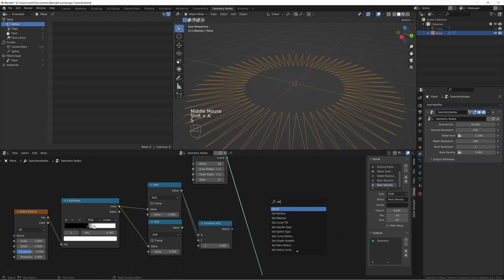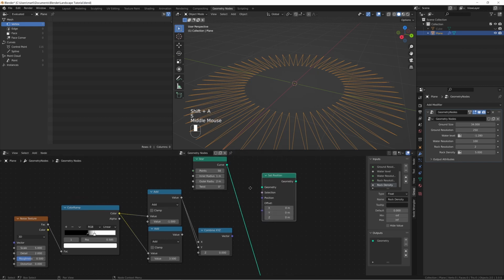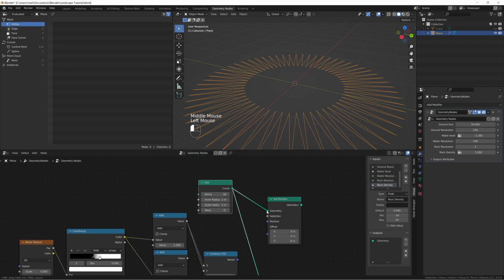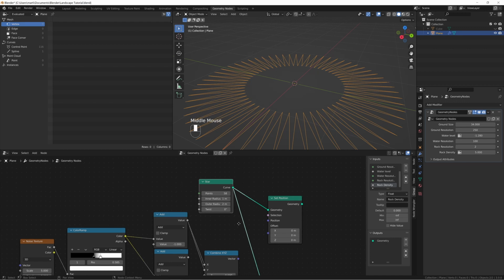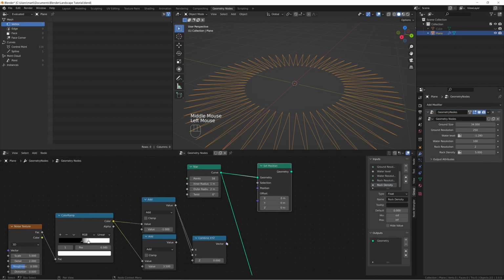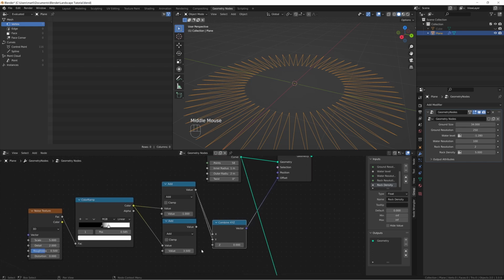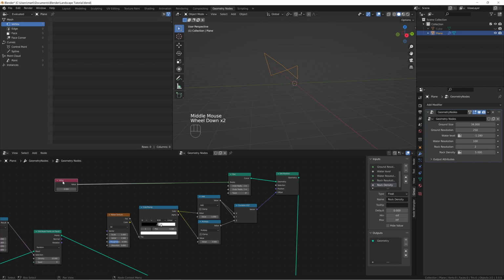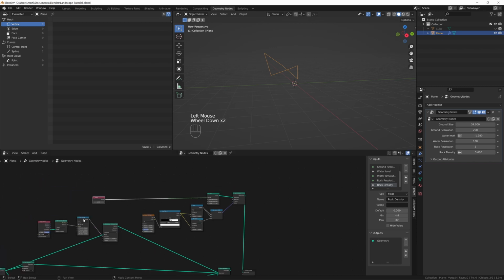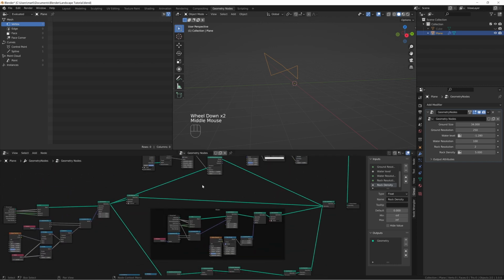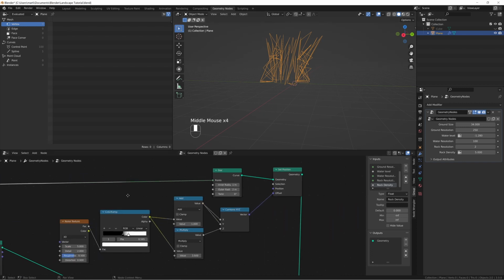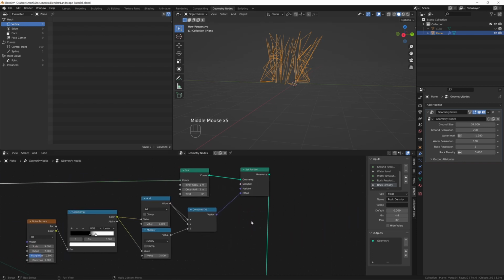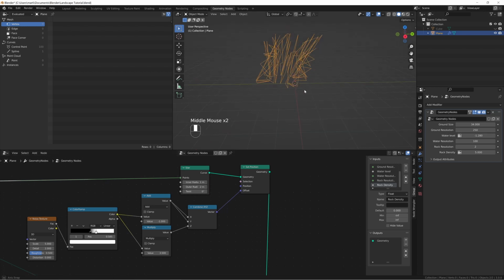Let's add a set position, because this again will allow us to take our geometry, and then by using it in an offset, we can create some random noise here. We're going to be grouping all this stuff together, and we want to have some sort of control out here in the main area. It's a very chaotic mess. It's just a line though. If we try and again render that, it's not going to render as anything,